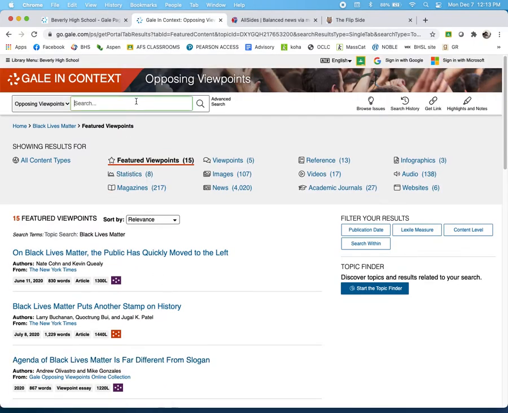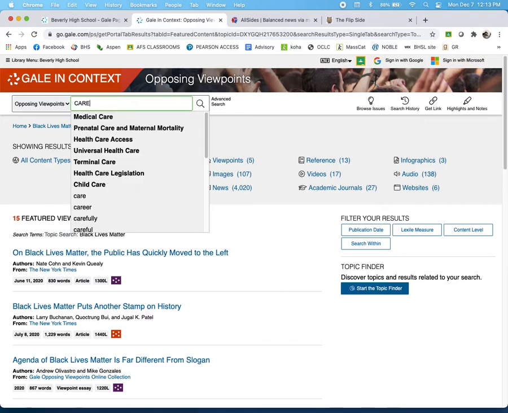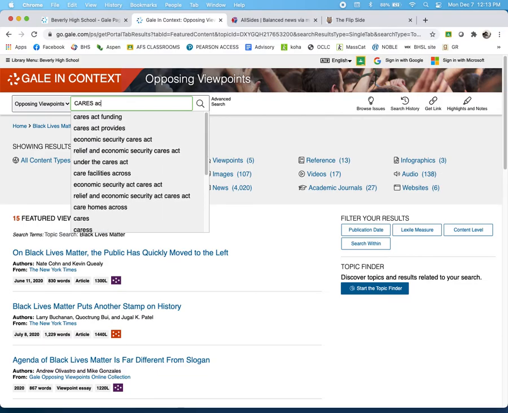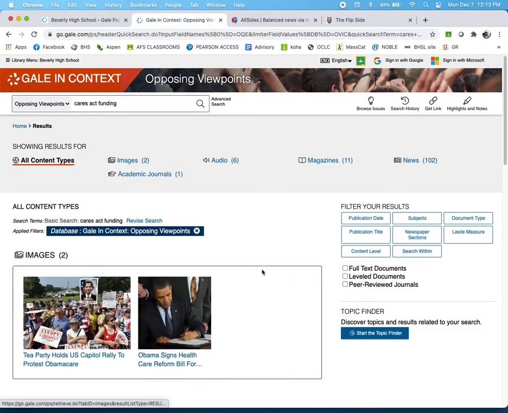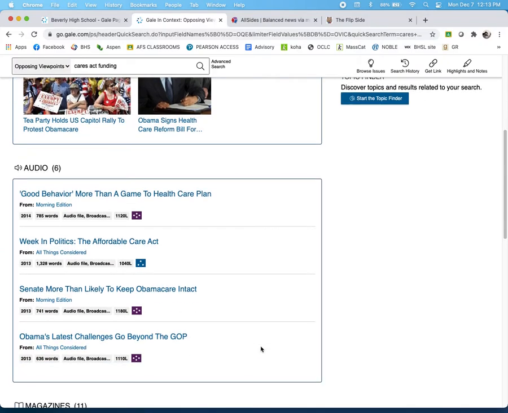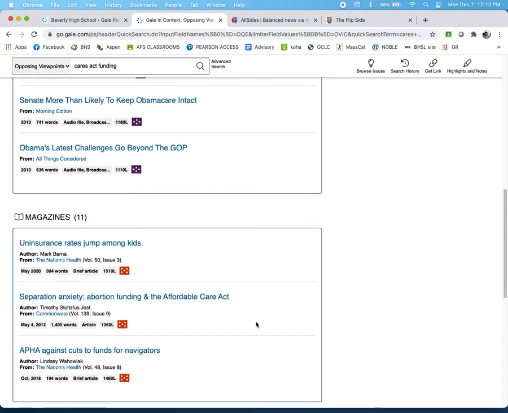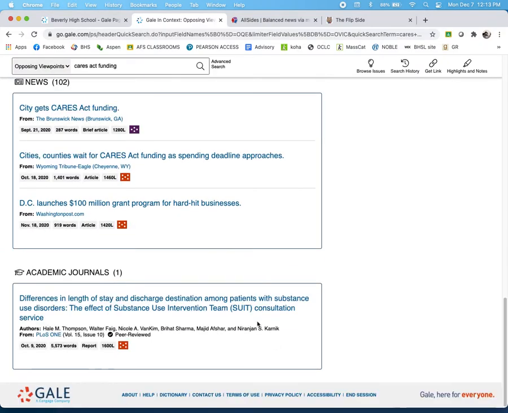Now you can search, and some of the things you're going to search for aren't necessarily going to be in a collection. For example, the CARES Act was one of the things that your teachers mentioned. So see, it's not bold, but you can still click on it, and it's still going to bring you resources. There aren't as many, and they're not pulled together by that topic heading, but you can still see different information about it. Okay.